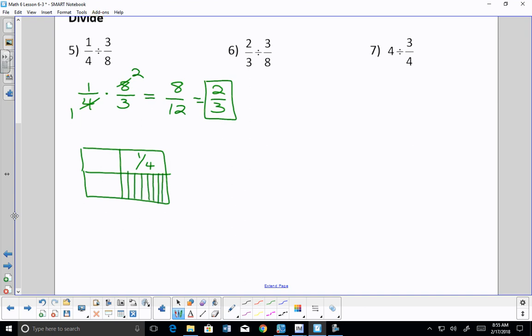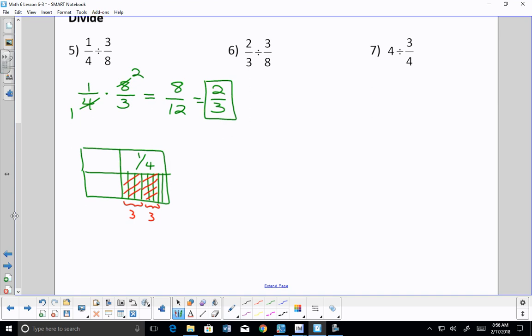And then I need to say, okay, how many 3/8 are in there? So here's one set of 3/8. Here's another set of 3/8. Since this is a group of 3, and this is a group of 3, there are 2/3 of a group of 3/8 in 1/4. It's kind of weird, but that's the way it works. It's kind of bizarre to have to think about. And that's why it's so much easier to do by the algorithm than it is to try to do